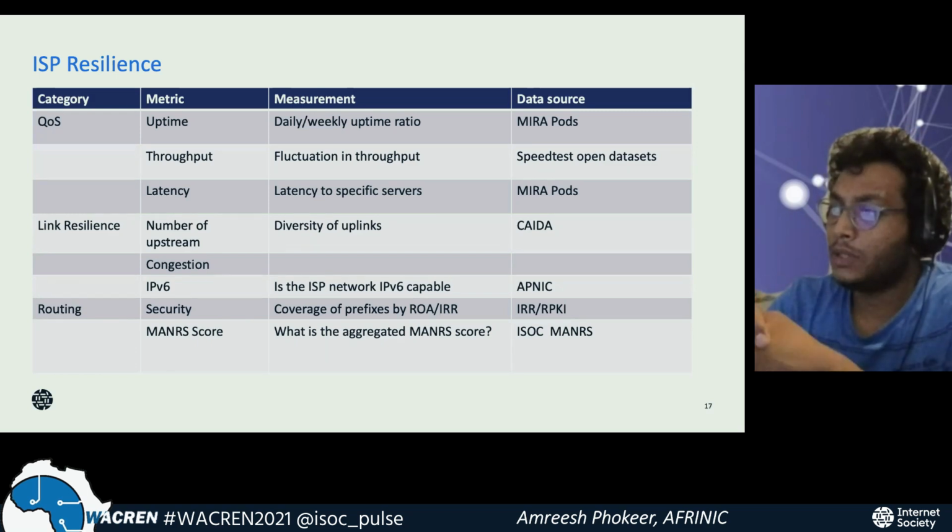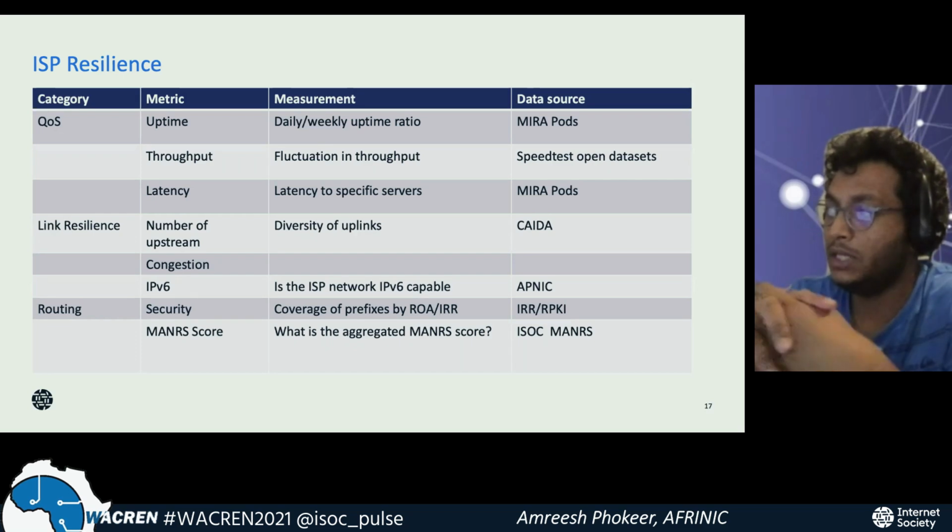I mentioned link resilience. So a network or an ISP itself is resilient if it has a diversity of